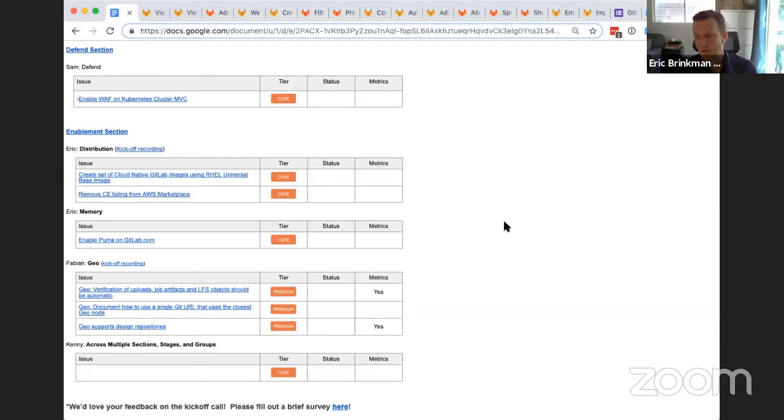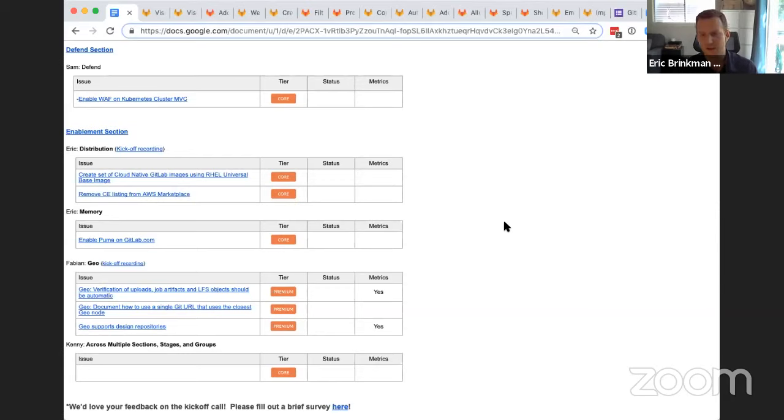The second thing is we want to make improvements so that users don't have to know about a whole bunch of Geo instances out there to get the best performance out of the one that's closest to them geographically. You can already do this today with a single Git URL. So we're going to document how to do that so that you can just use the same Git commands and then pull the information from the closest Geo node that you have. Obviously, there's a whole lot more to do here in terms of making the experience more seamless and always pulling from the closest and most performant Geo node. But this is something that we can do today from a single Git URL. We're going to document it and make it easy to use.